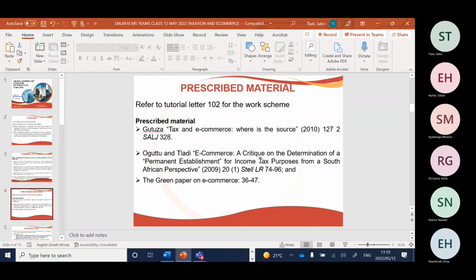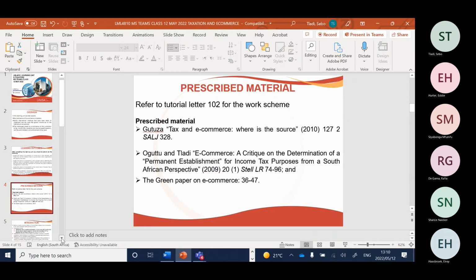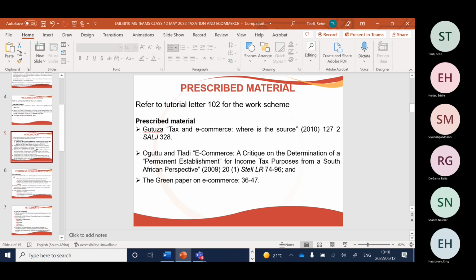So moving along, your prescribed material for this is the Kudusa article on tax and e-commerce, where is the source, and Oguto and Cladi, e-commerce, a critique on determination of permanent establishment, and then again the green paper on electronic commerce. Only focus on specific pages. That chapter on e-commerce is chapter 4 in the green paper. What you need to focus on there is just page, I think, 36 and 37, only where it speaks of source and nothing more and nothing less. So to the introduction quickly,